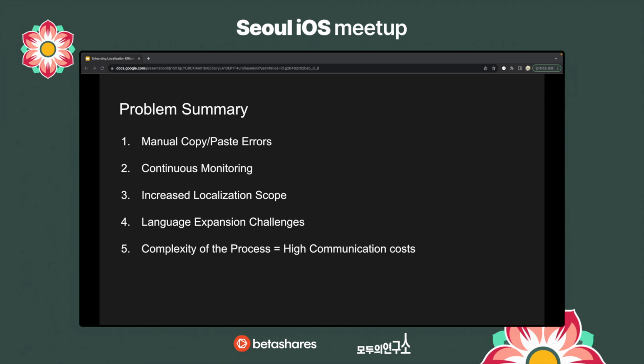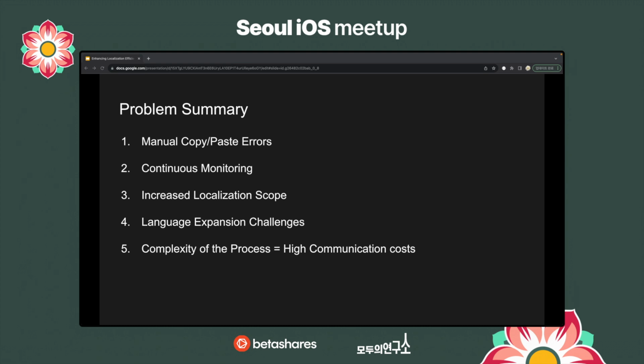Fourth issue, expanding to cover new languages also means revisiting and adapting existing localizations, making language expansion a significant challenge. The last issue would be that the complexity of the process results in high communication cost.